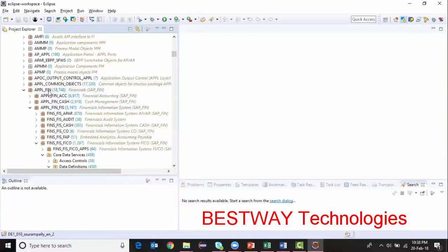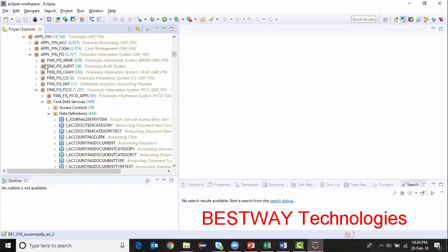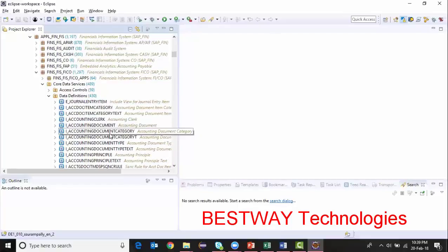I have an application for finance, an application for MM, and I also see an application for master data, central master data, etc. So I'm going into application finance, and then I drill down to application, financial information system, SAP Fin. I can see several data definitions, core data services definitions, 430 of them. There are a lot of views created for the virtual data model in order to provide the SAP